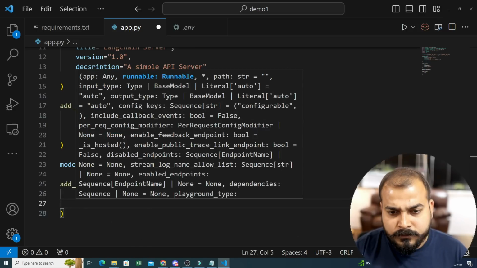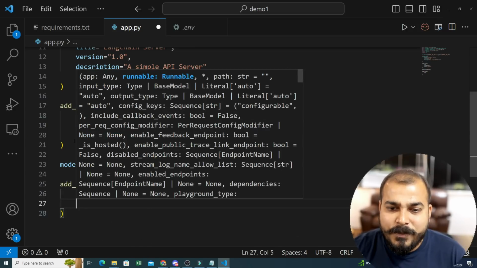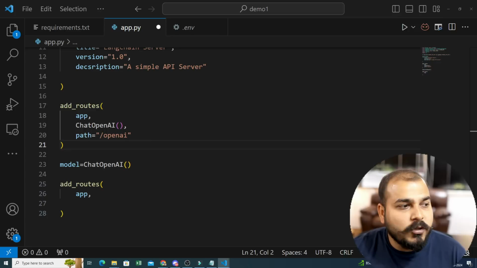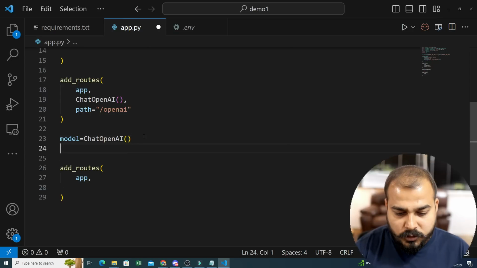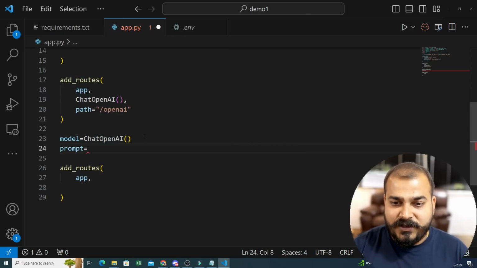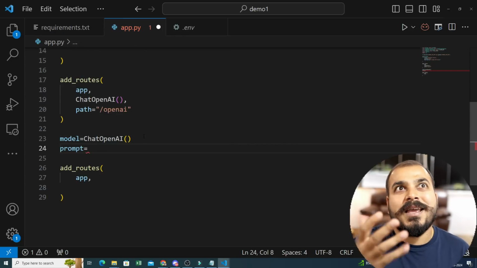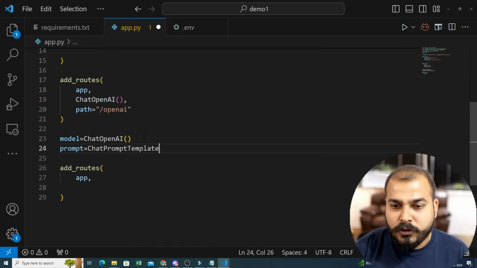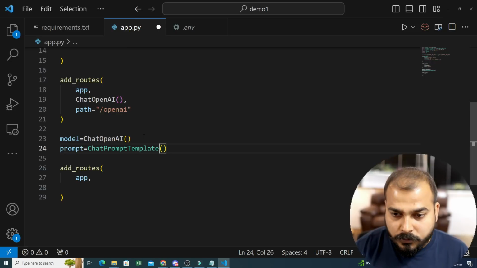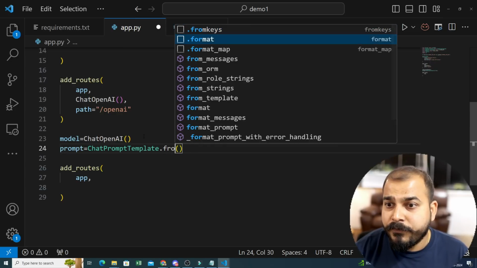I'm going to also make sure that let's give one prompt. So just by giving one prompt, you'll be able to understand what I'm actually saying. Okay, so here I'm going to write prompt. So this will be my first API functionality. Just imagine in that way. So this will be my prompt, and here I'm going to write ChatPromptTemplate.from_template